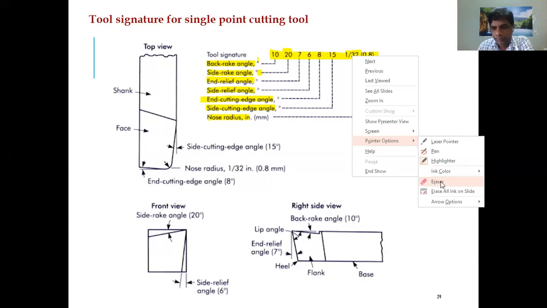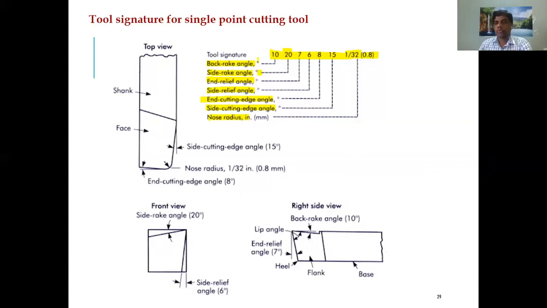That is the tip of the cutting tool, sir? Yes, the tip of the cutting tool. The tip of the cutting tool is normally sharp, and we try to avoid the sharp edge. To avoid stress concentration, we need to grind it, meaning we give it some filleting, some radius of curvature. The size of that radius of curvature is called the nose radius.